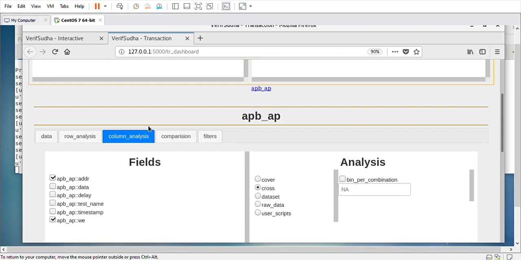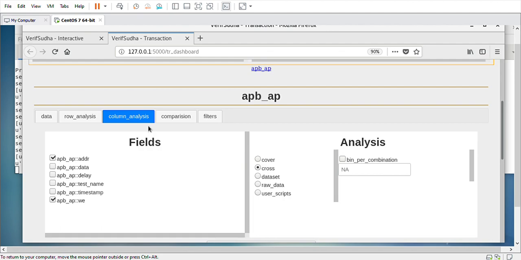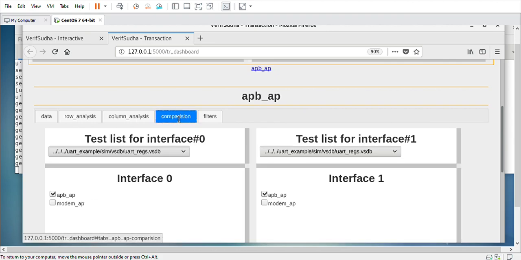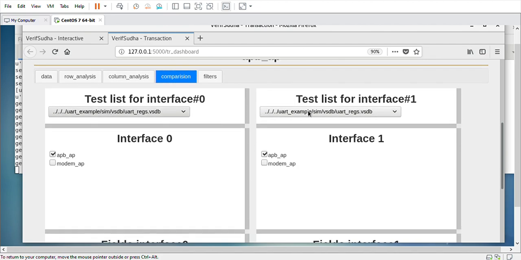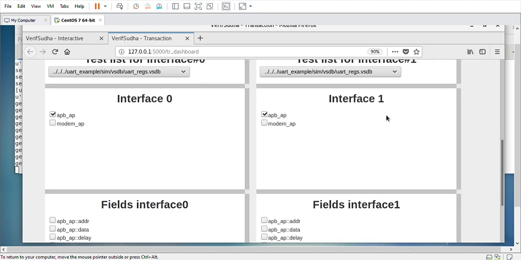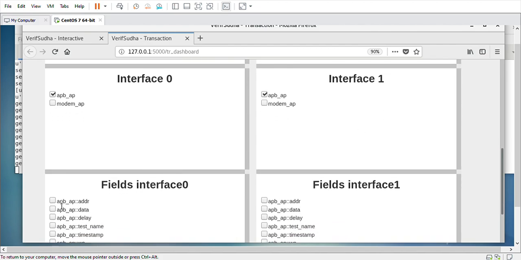And next, many times during the debug you might want to perform comparative debug. So you can go to the comparative tab. Here I can select, let's say, a passing test and a failing test, and I can select the interfaces between them, and I can select the fields that I want to compare.